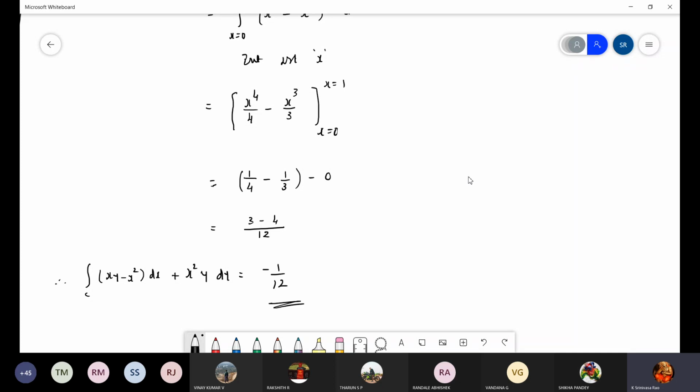That's it. If you integrate directly, you can do a single integration, but here there are two variables, so you have to convert them into a single variable and then integrate. Even if you try it that way, the very first topic in vector integration, converting to a single variable using the given curve, you will get the same answer. So we have just calculated minus 1/12 with the help of the RHS, the double integration.